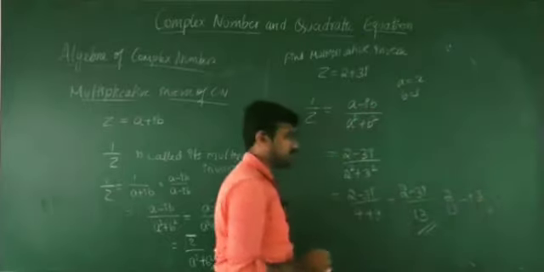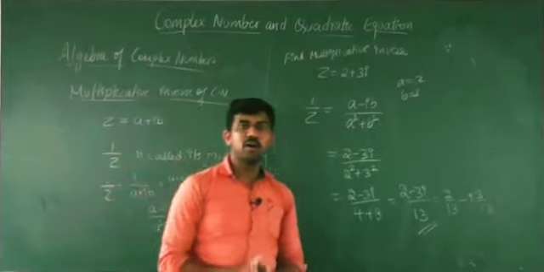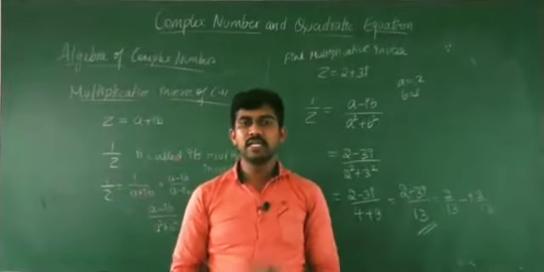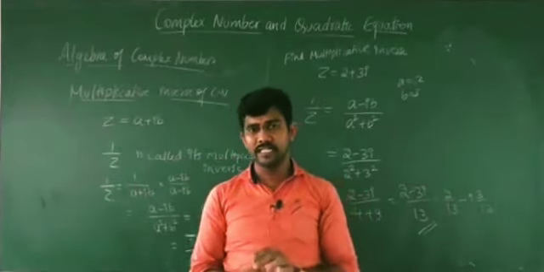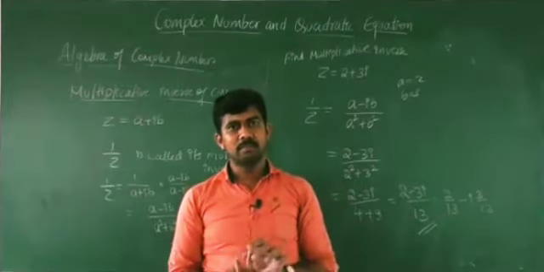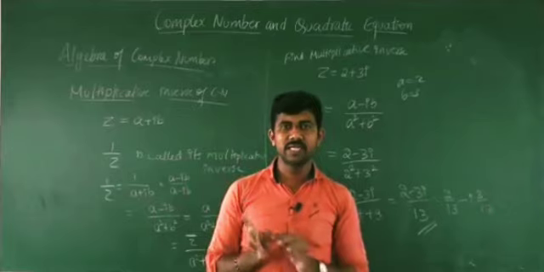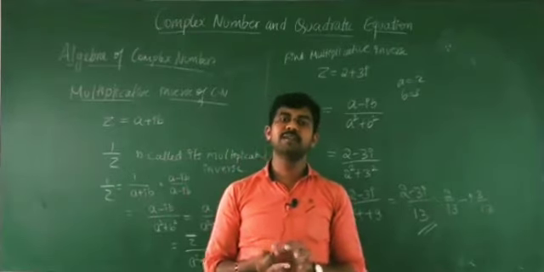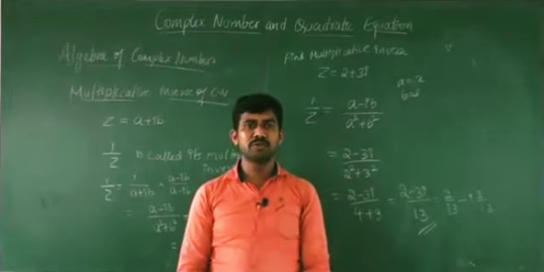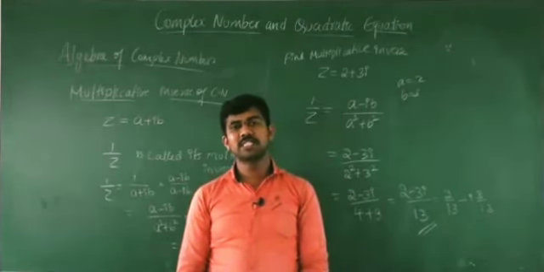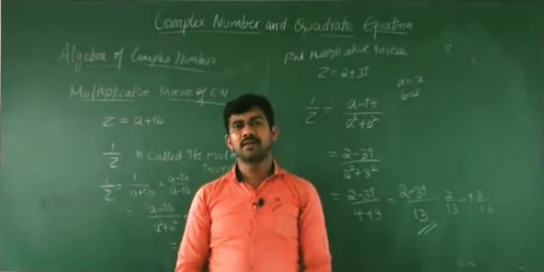Okay, so likewise we can solve the operation related questions in complex numbers. Okay, so 4 operations we have seen here, that is addition, subtraction, multiplication and division of complex numbers. Together with that, we studied the conjugate of a complex number and the multiplicative inverse of a complex number. So I hope you understood today's session, and in the next session we will study the exercise related questions. Okay, thank you.